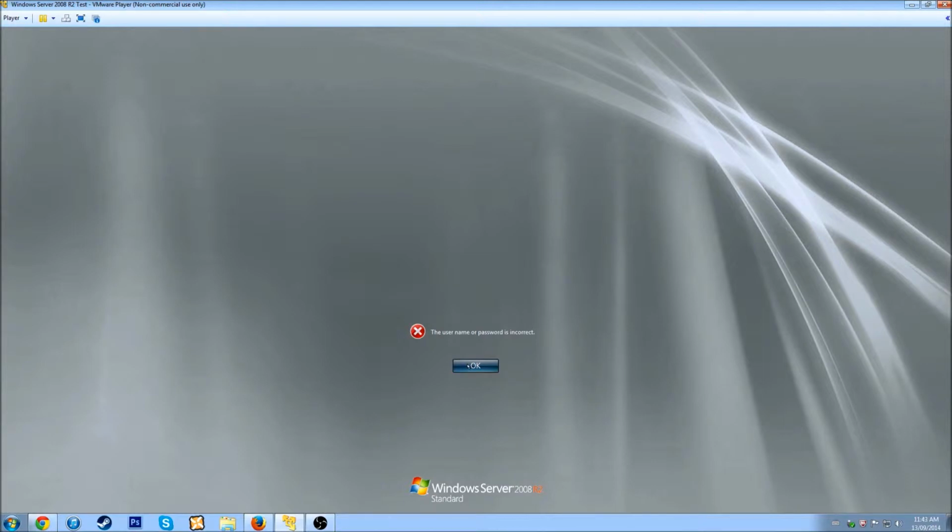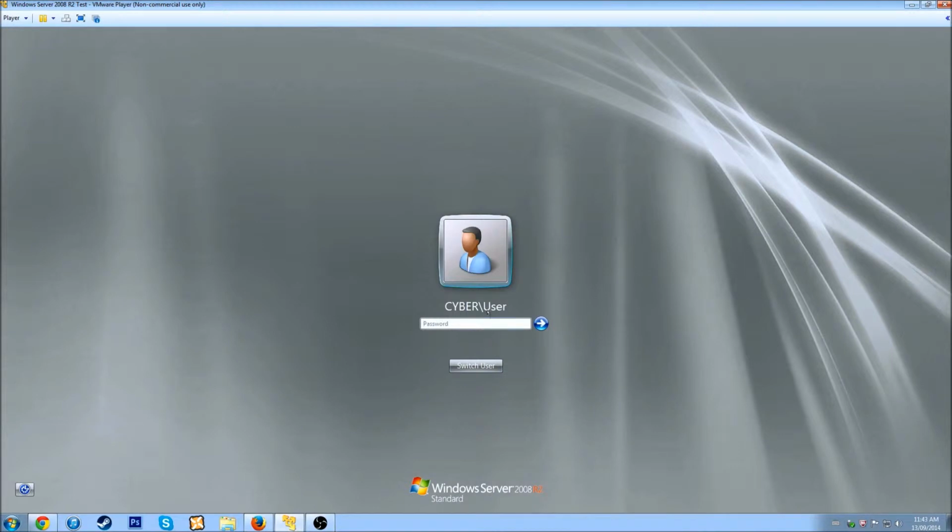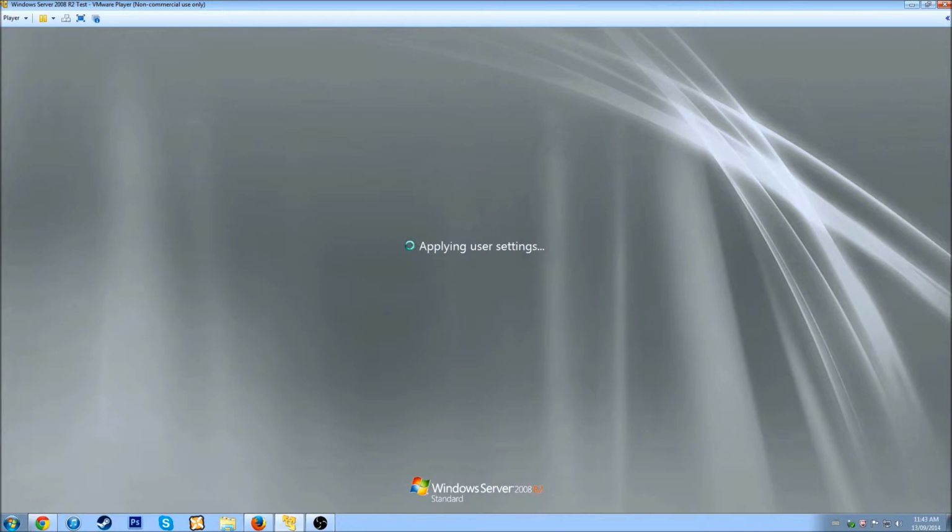which is okay because we changed the username, we changed the password in order to get the domain controller installed, because it said that we had an account that was going to become the domain administrator and the password didn't meet the complexity requirements. So auto login is turned on for that account, but now that we have an actual password, the credentials for our user are different. And as you can see now, we have cyber, which is our NetBIOS name, /user. So this means we are on the cyber domain right now, and we're using our account user to get into it. So I'll enter the password we used before that we assigned to it,